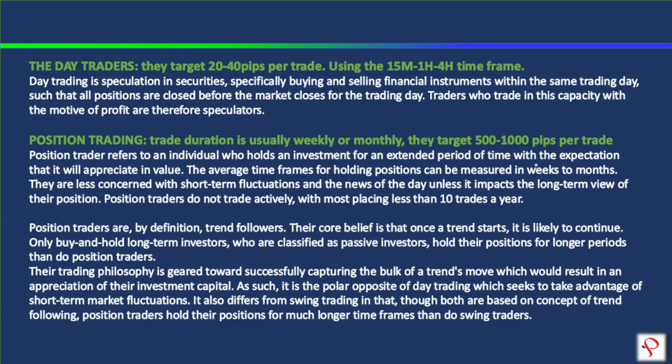Then let's talk about the position traders. The position traders are those who hold trades for a very long time, and they usually target 500 to 1000 pips per trade. These people can hold trades for months and even years. So they are known as the buy and hold investors. Usually you get these kinds of traders